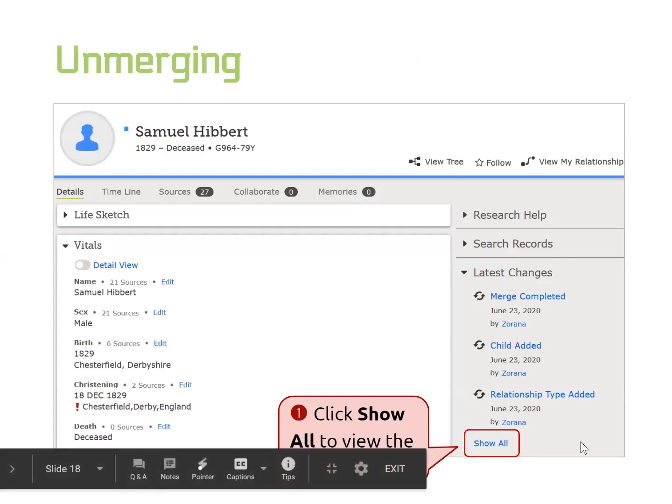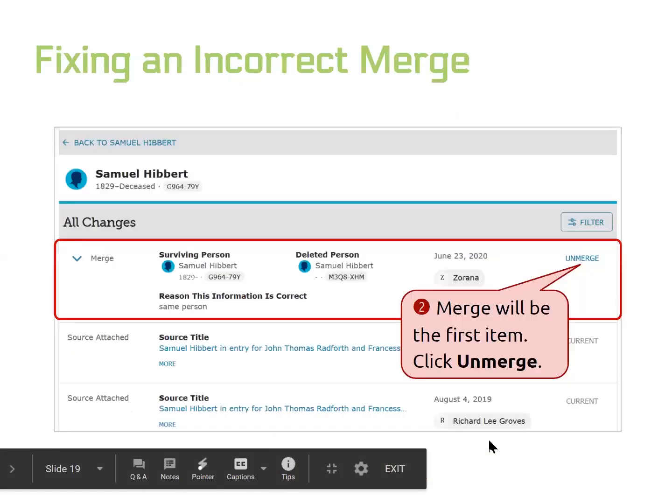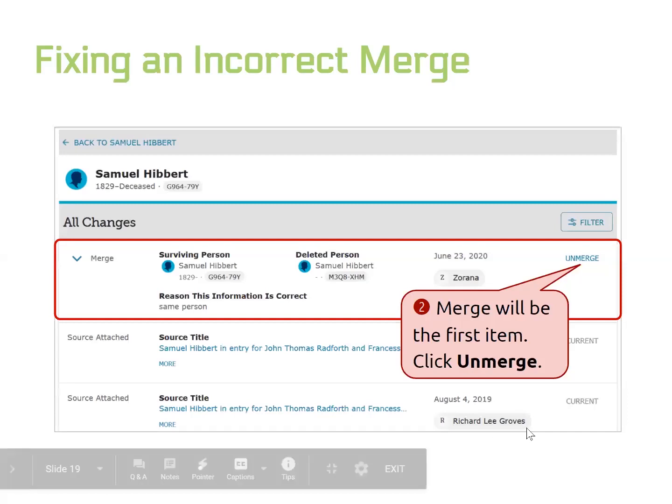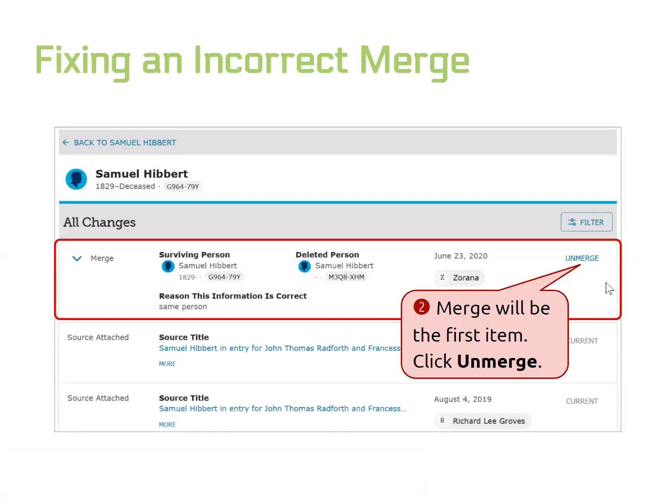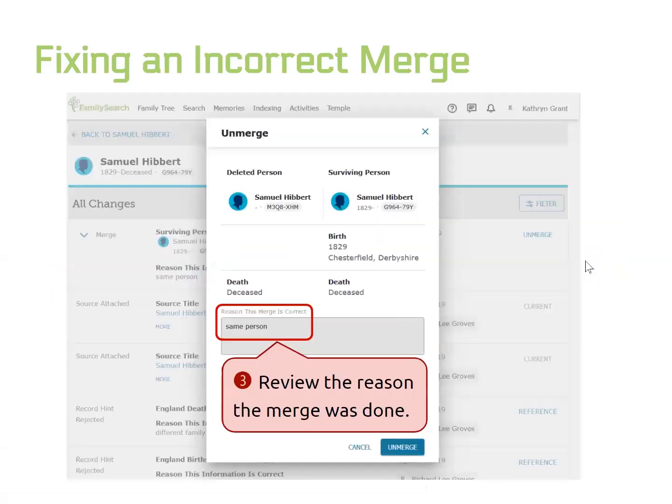And so to undo this merge, we want to click Show All, same as we did before, and we're taken into the change log. In the change log, we don't even have to use the filter option because the unmerge option is right at the top, again, because no changes have been made since the merge. And so we click Unmerge,